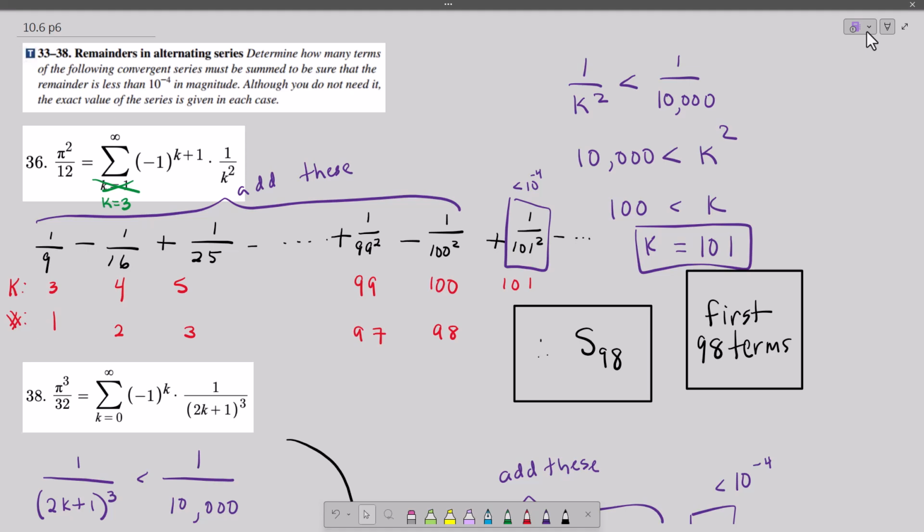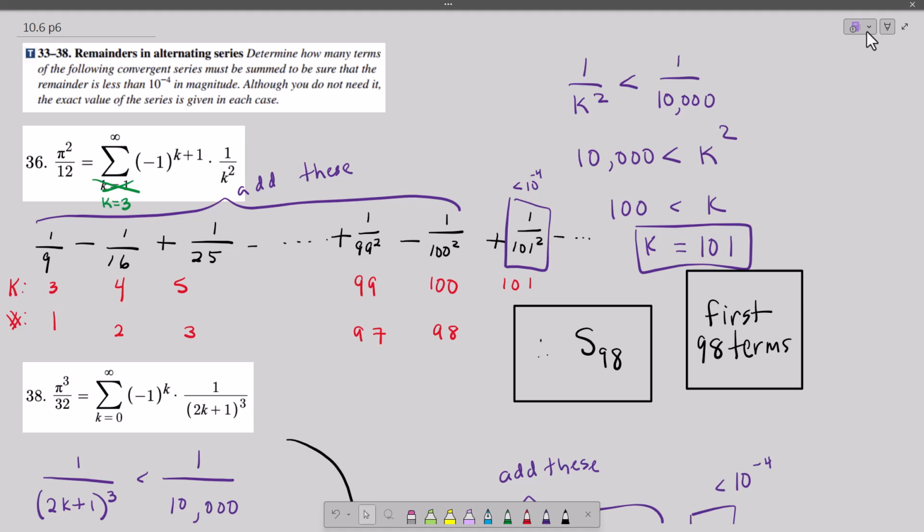Because what we've seen with the alternating series is that this term here is just an estimate, that the remainder is actually a little less than it. This is an overestimate for the remainder. But we know for sure that if we add up these, our estimate for the remainder will be less than 10 to the negative 4, so we're within 10 to the negative 4 of the actual sum of the series. We can't find the remainder exactly